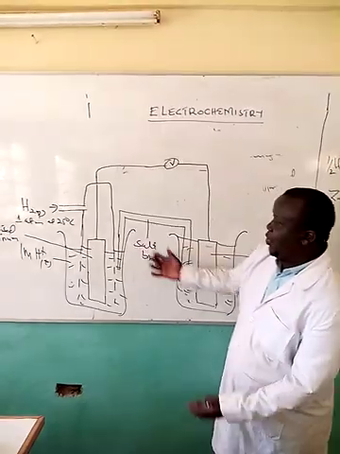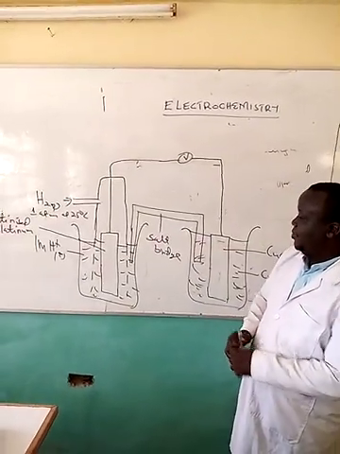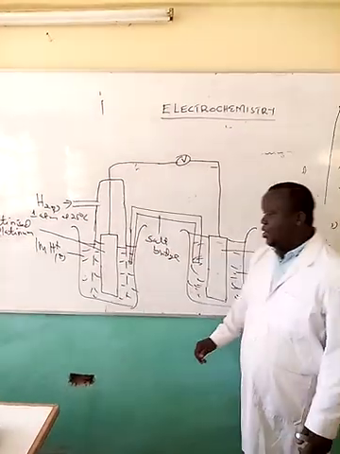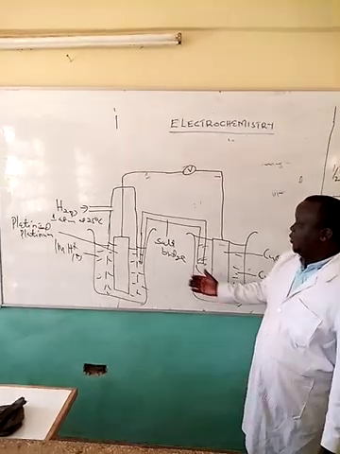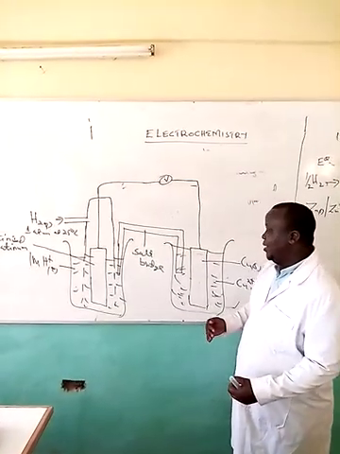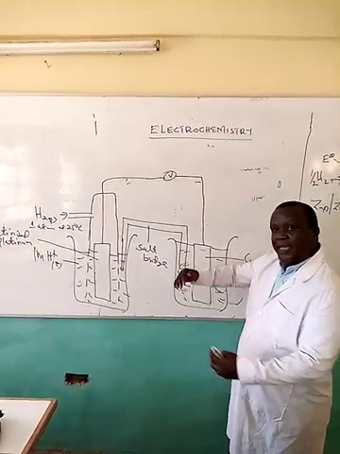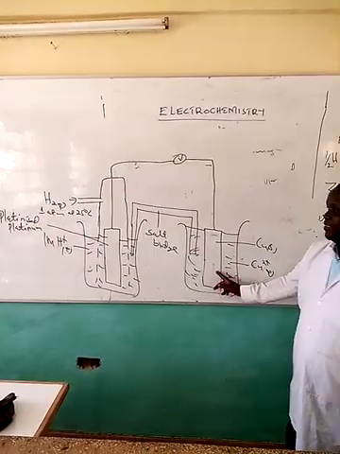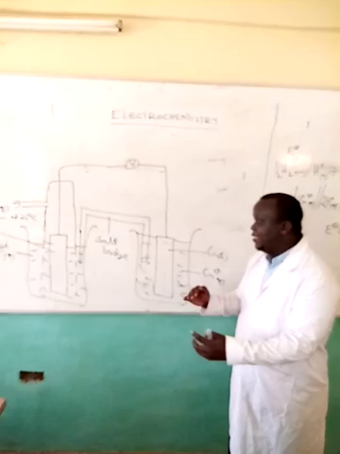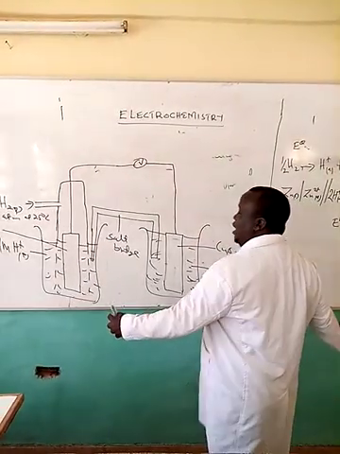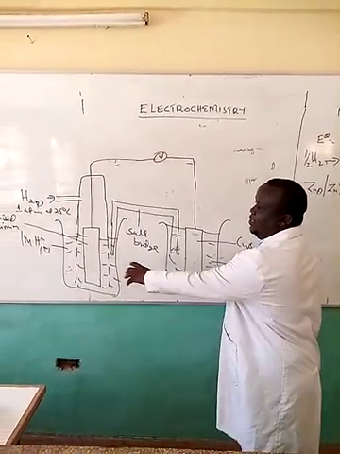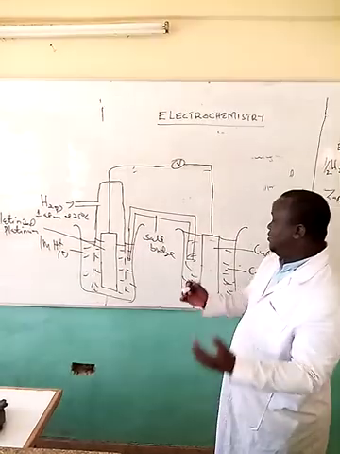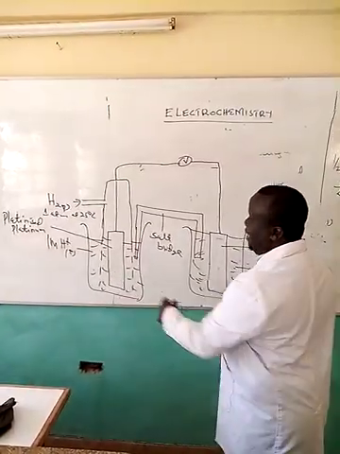This is now a cell diagram. I mean, the chemical cell showing that the metal which is below hydrogen in the reactivity series, where it can be placed. Like in this case here, we have the copper half cell. The fact that it is below hydrogen in the reactivity series, we place it on our right hand side. And hydrogen, being more reactive than copper, is placed on our left hand side.